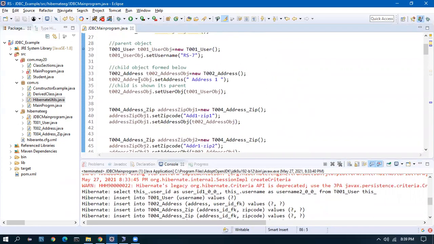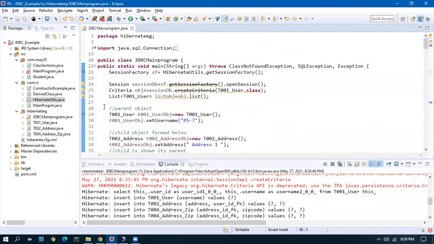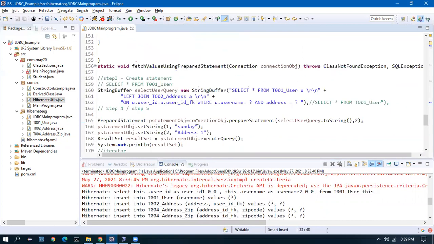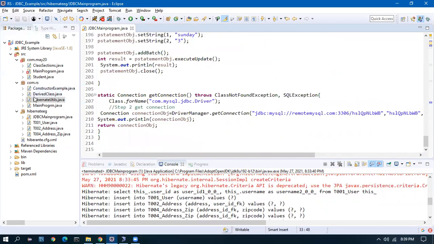Okay, the entire code, let me just take a few minutes. I'll organize this code.